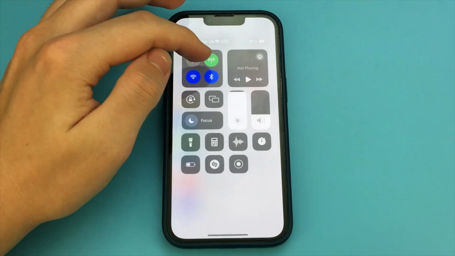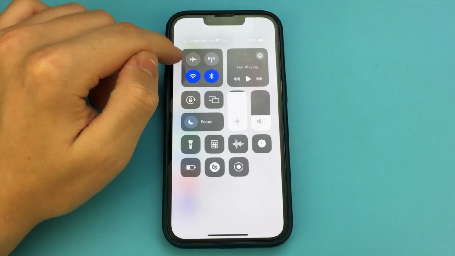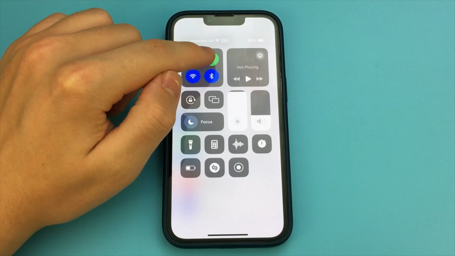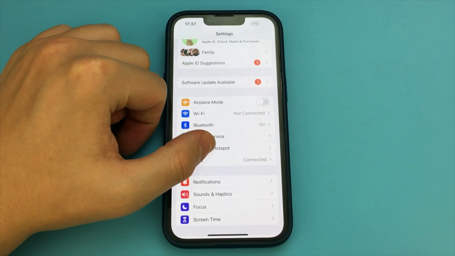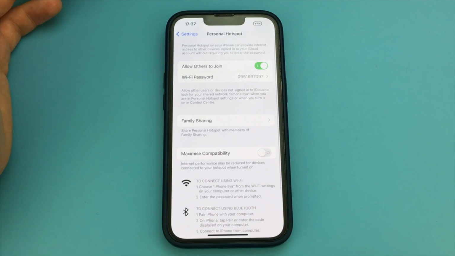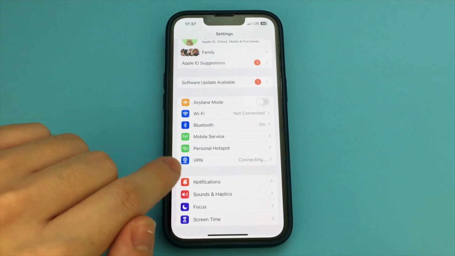It's very simple. To do this, we go into the settings of our iPhone. Now here we click Mobile Data. Now turn on the mobile internet. And if this item does not appear, we press the item Mobile Data Network. Now go down to the bottom and find the item Personal Hotspot.